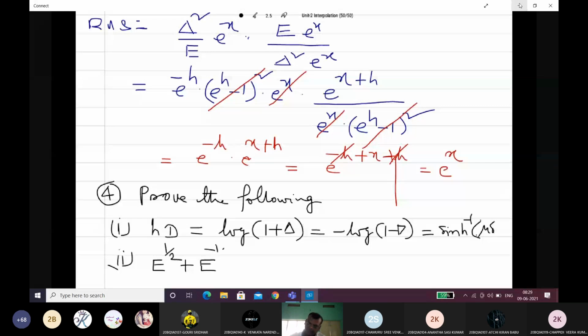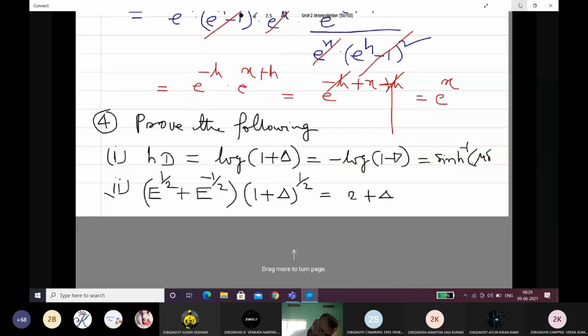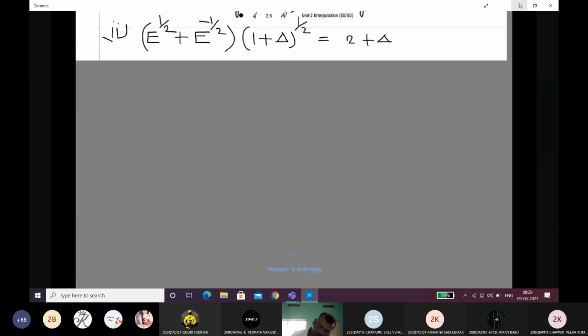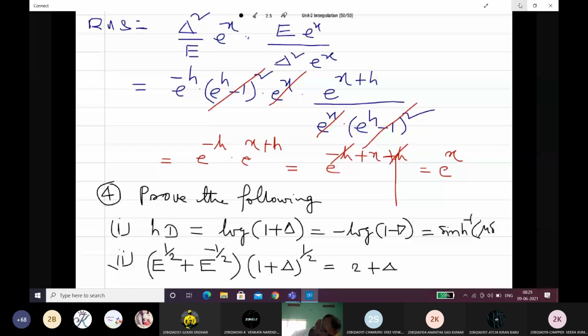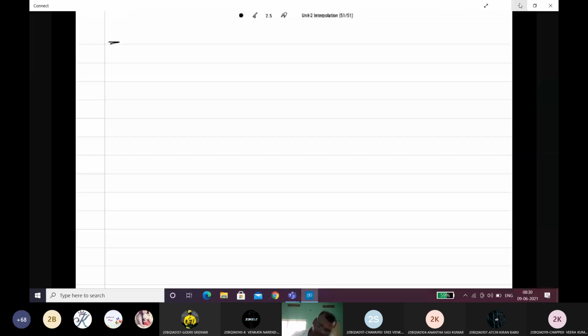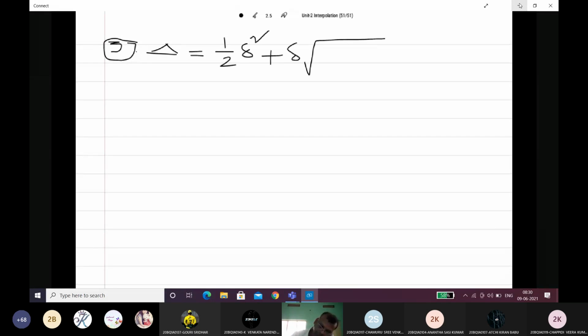Then next, number 3. Delta is equal to 1 by 2 small delta square plus small delta into root over 1 plus delta square by 4. That is third one. And fourth one,